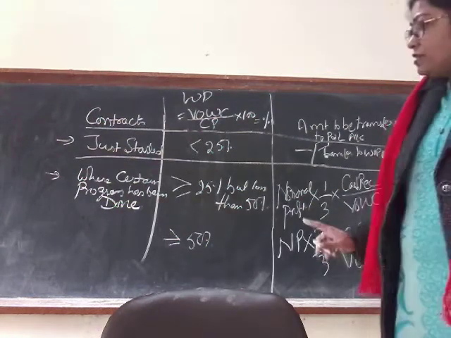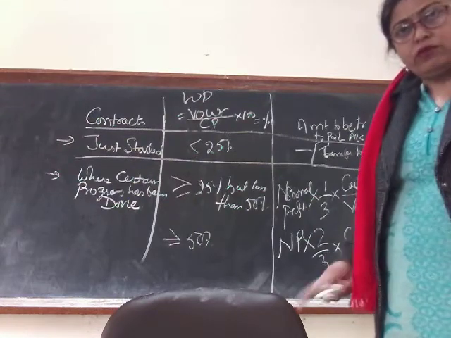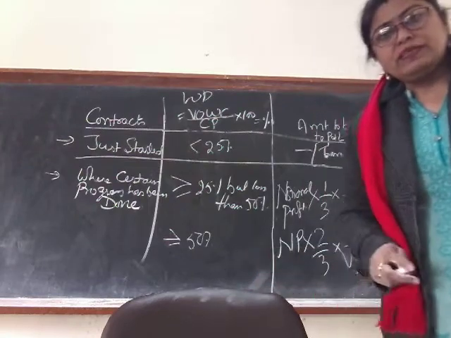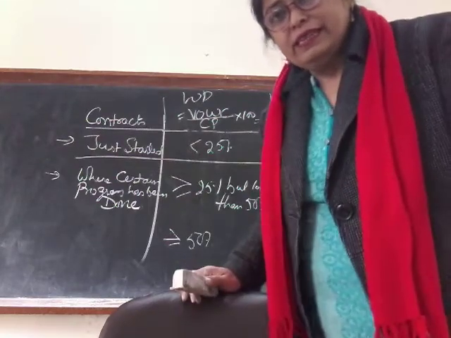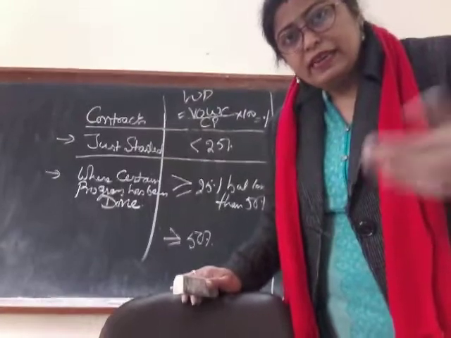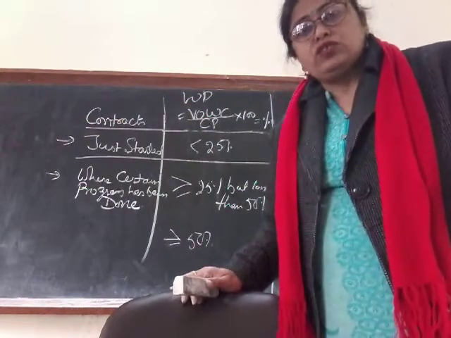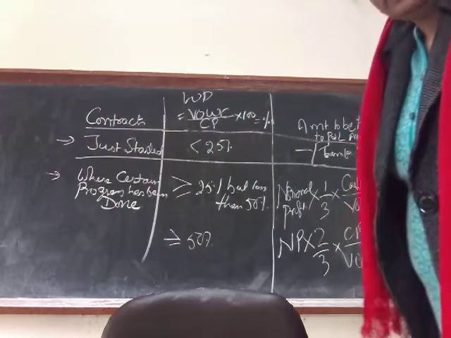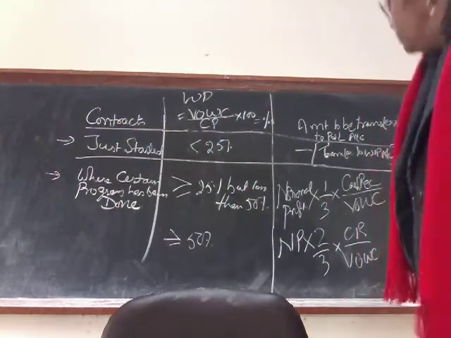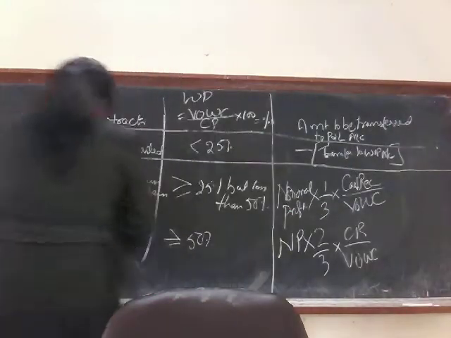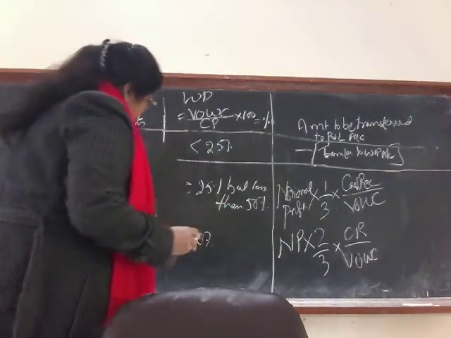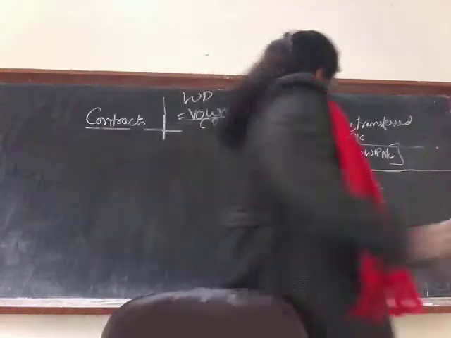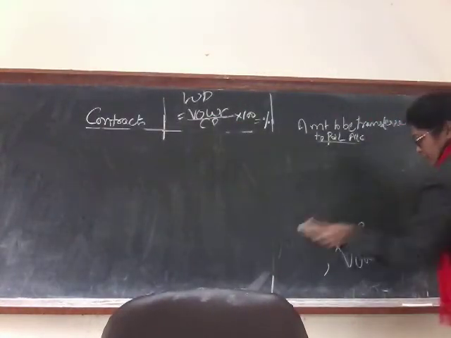So these are the two cases which we have done, where the contract just started and where certain progress was made. Now is the third category. The third category is where the contract is nearing completion, that is, it is almost complete. So now we will be writing down the third category. I am going to rub this board off now. So the contracts which are almost complete, in there are a number of formulas.